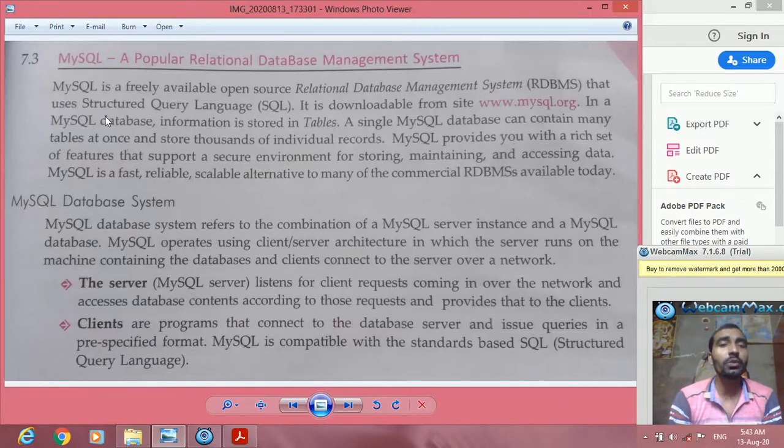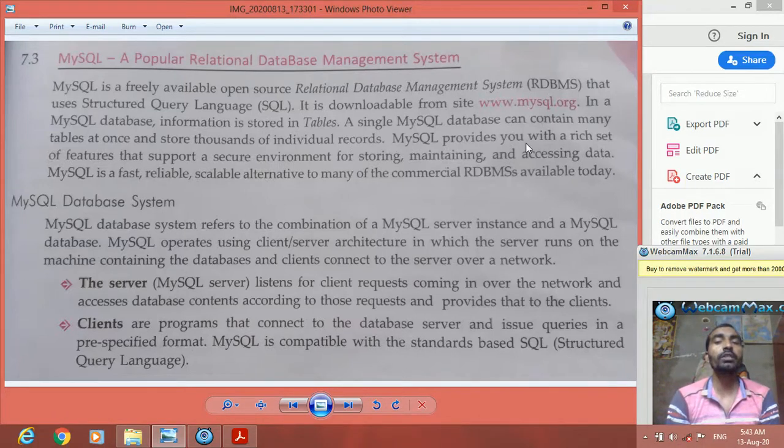In a MySQL database, information is stored in tables, and as I told, tables are called relations. A single MySQL database can contain many tables at once and store thousands of individual records. You can have many tables in a MySQL database, and inside many tables you can have thousands of records.